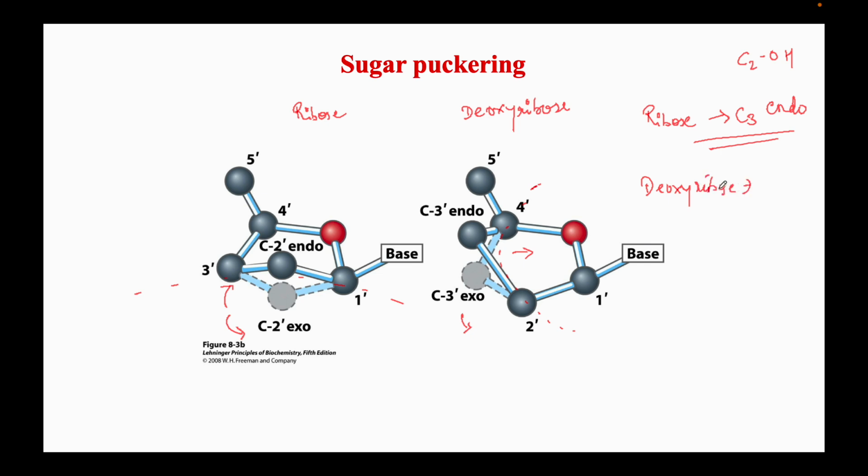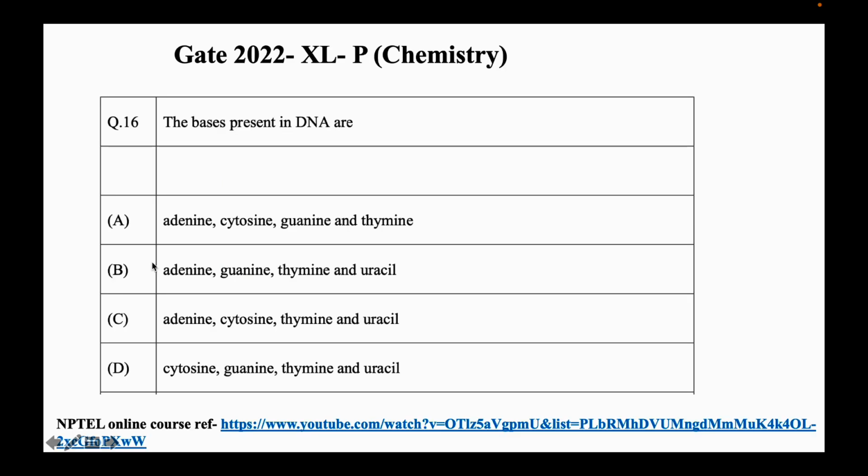We have various forms of DNA: A-DNA, B-DNA and Z-DNA. A-DNA will have a C2 endo conformation of sugar puckering, and B-DNA will have a. So coming back to the question, the answer is adenine, guanine, cytosine and thymine. These are the bases found